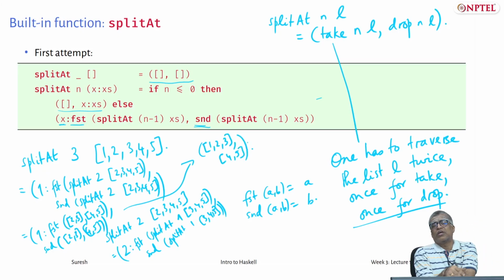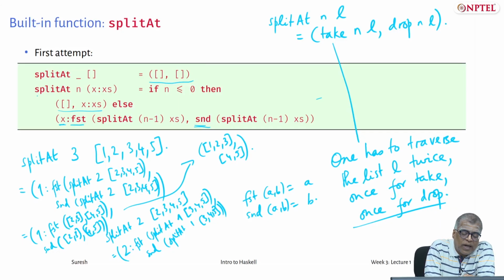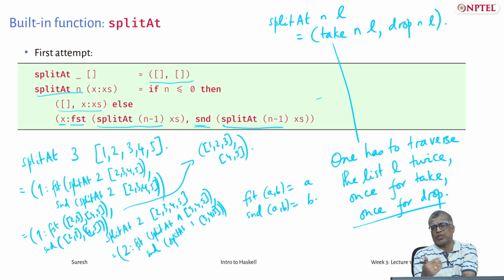Okay. So trying to figure out this computation was a little unsatisfactory, because if I actually have to do this, I will have to keep on doing many calls of split at. Note that split at n makes 2 recursive calls to split at n minus 1, even though the argument is the same. Split at n minus 1 will again make 2 recursive calls to split at n minus 2 with the same argument, and in general you do not know whether Haskell will optimize this. So it is possible that your Haskell compiler will take a lot of time to complete this computation, though it is possible also that it does some optimizations, but you are relying on some feature of the compiler.